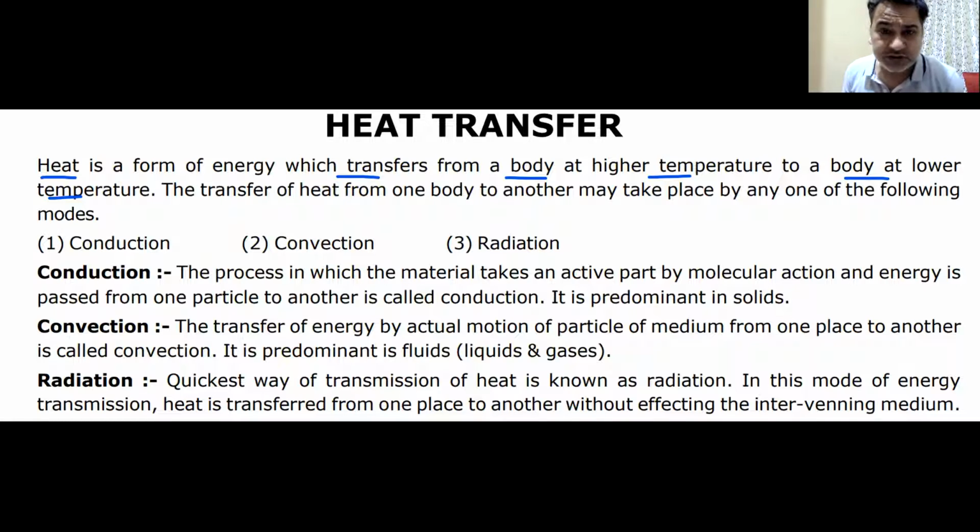Now what we are going to see is how this heat is going to get transferred, and there are three ways, three modes, three different ways of heat transfer. What are those three different ways? The first way in which the heat is getting transferred is conduction. The second way is known as convection, and the third one is known as radiation. And I'm sure that you know what conduction, convection, or radiation is.